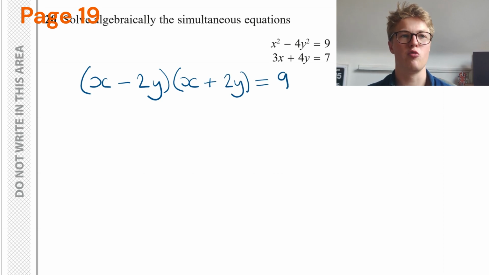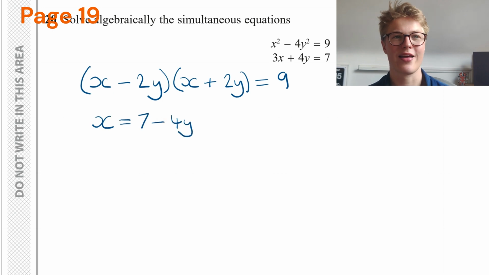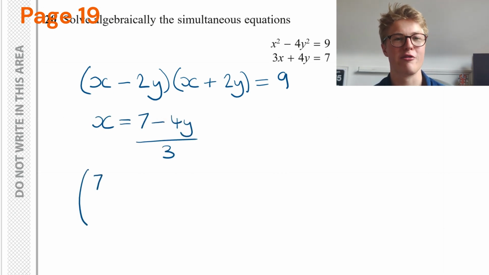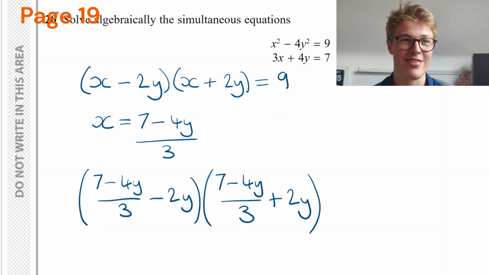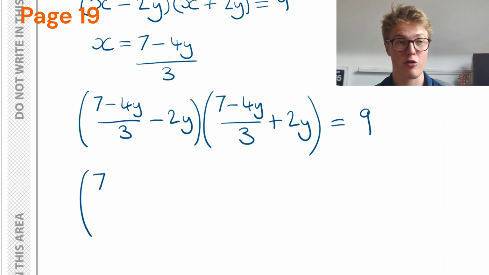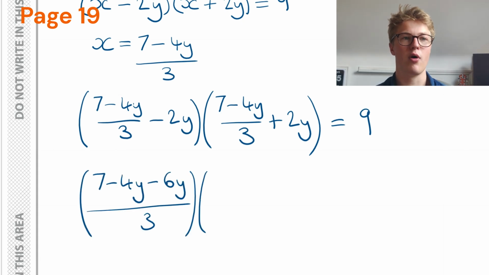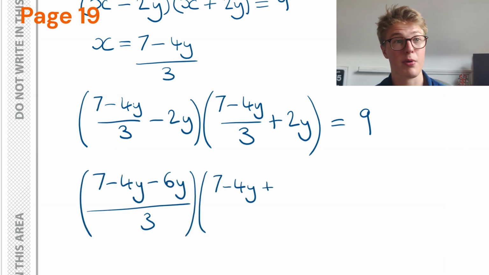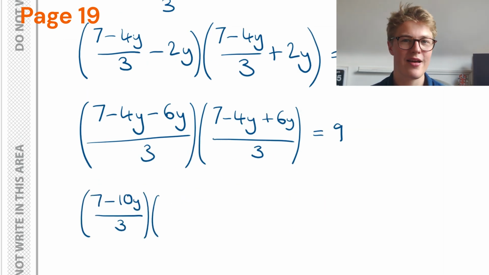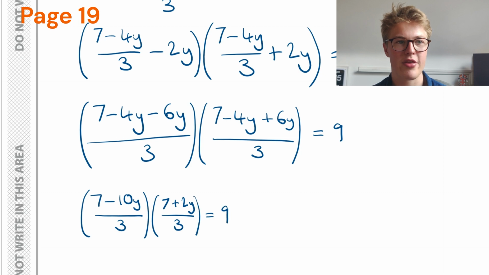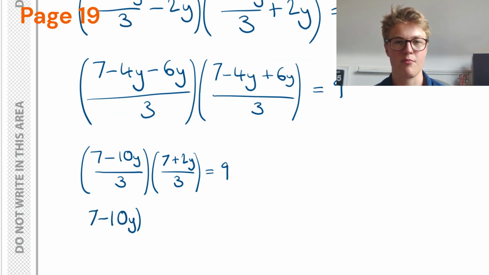So x minus 2y times x plus 2y equals 9. Here I've completed the square to get my equation. X equals 7 minus 4y over 3 because I've rearranged the second equation. So then I substituted my value for x into the original equation that I found by completing the square. So I get 7 minus 4y over 3 minus 2y multiplied by 7 minus 4y over 3 plus 2y equals 9. We can then simplify all of this and we end up with 7 minus 10y times 7 plus 2y